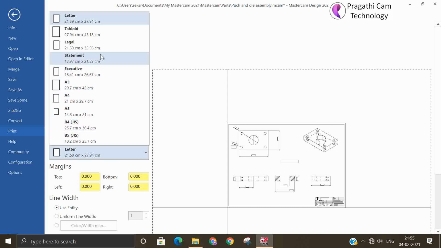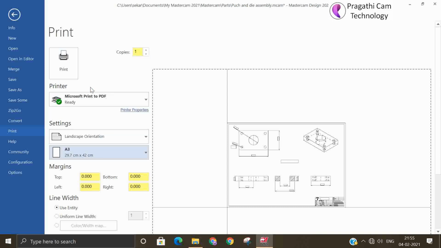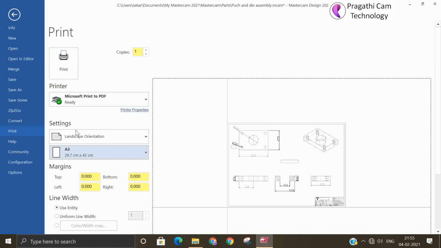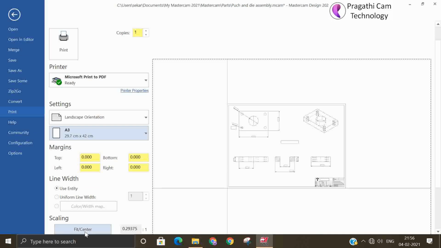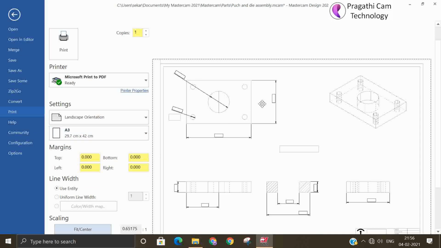It's not in the standard list. Up to A3 only they have. So you keep it as such. Then you go here, the fit option is there. So it will automatically fit in the paper size.